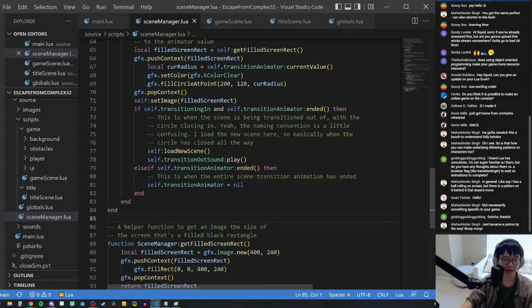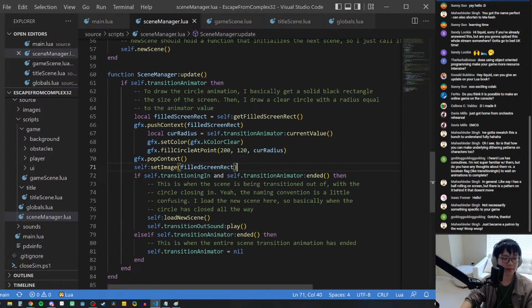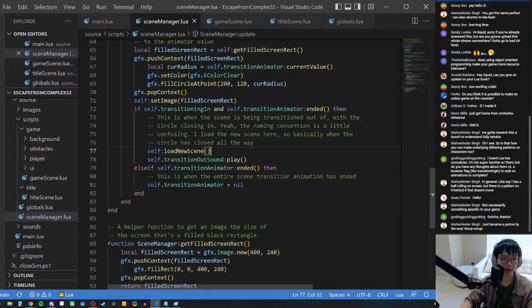So now I have this cutout rectangle, and then we're resetting the image on the sprite. Basically, every frame is redrawing that rectangle and setting it to the image, which is creating the animation. And then once the animation has ended, this is when we load the new scene. So load new scene